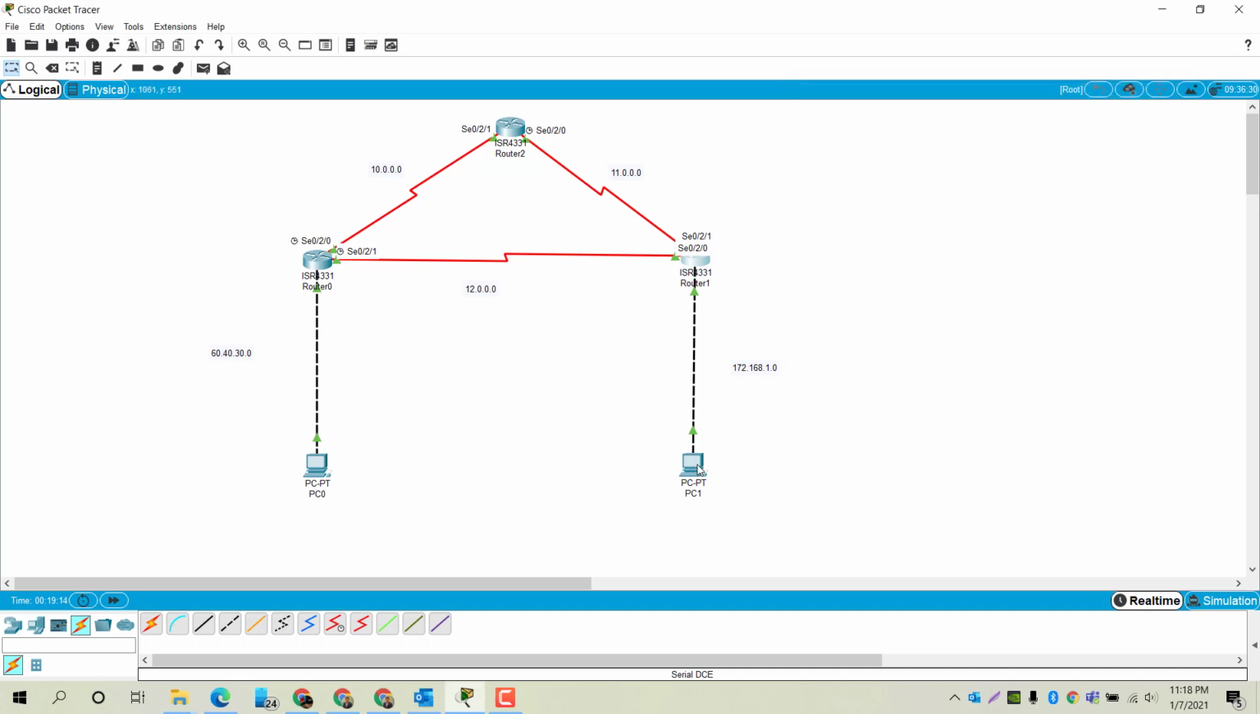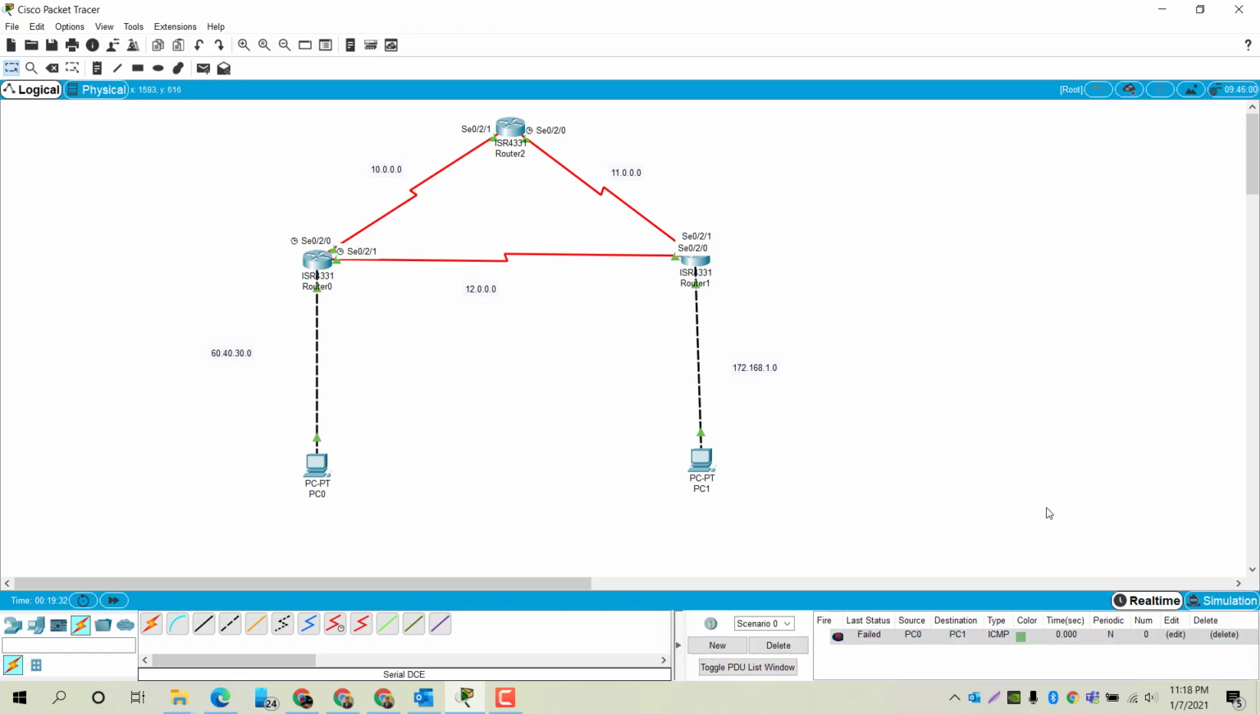Now we have successfully configured the devices, and we have given them the right network and IP addresses, but still we will not be able to communicate between PC 0 to PC 1 because we have not configured any routing protocol on these routers. So as we have studied